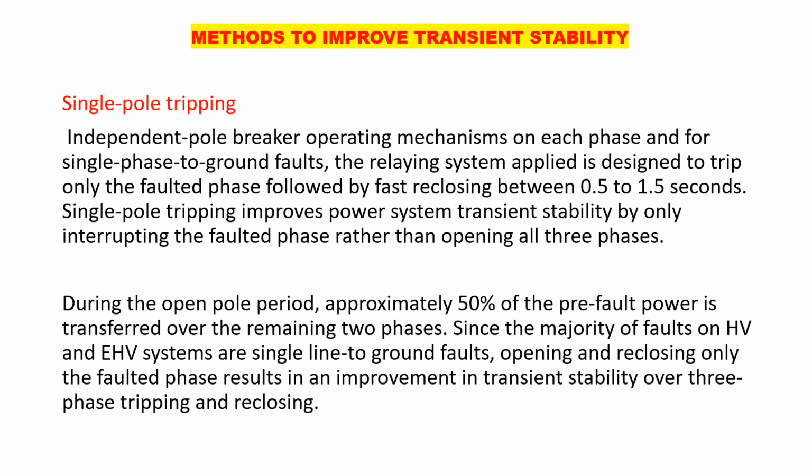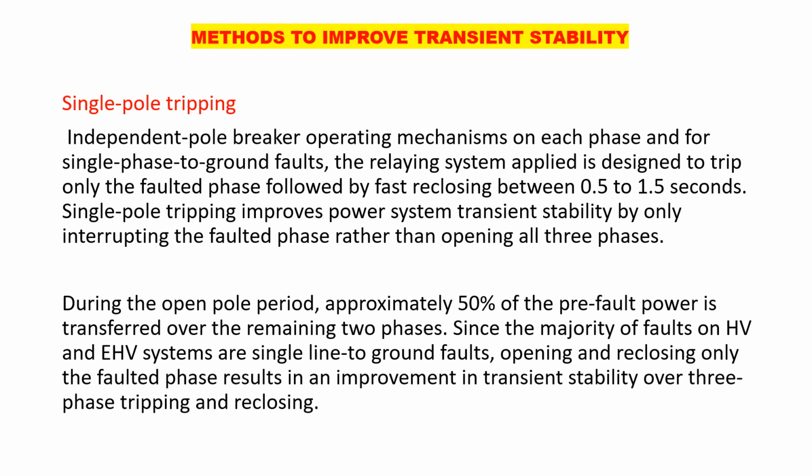So the first one: if you want to improve the power system stability, there is a very typical and simple method used by the utility companies, which I have also been using, and I have made settings like this, that you can have a single pole tripping of the circuit breakers. In this case, the two poles are intact and the power can still flow and the system remains in synchronism, because the two poles are tied up from both sides of the power system. So this helps in the stability of the power system.